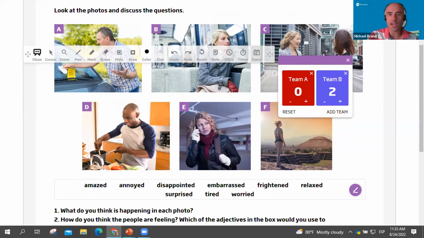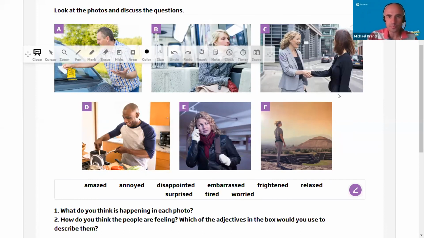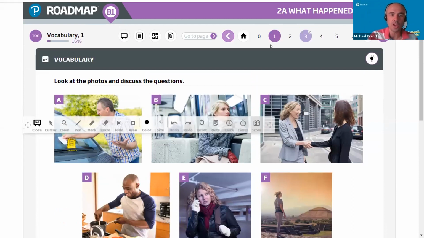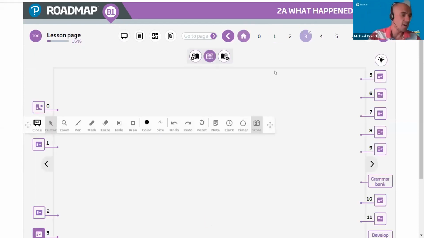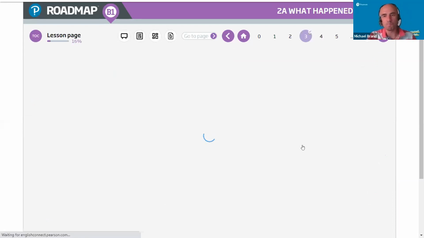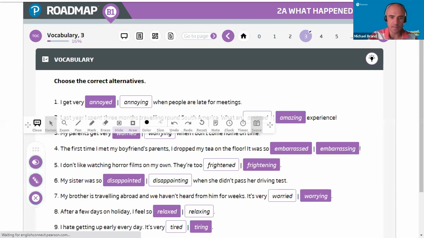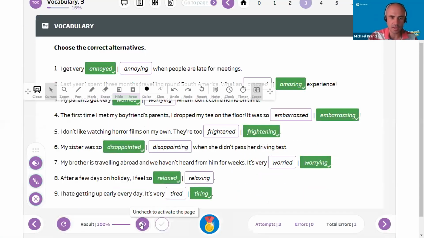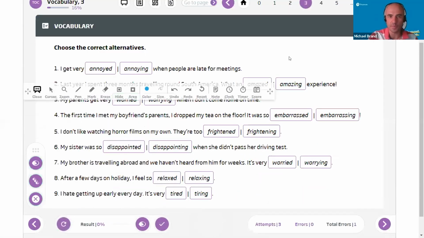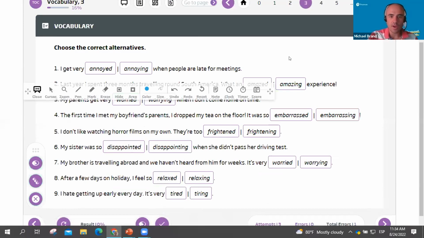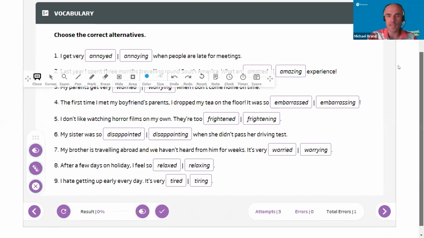Okay, guys. Right. Okay. So scoreboard. Fine. Just wanted to demonstrate that tool. I'm going to go back to the home page. Okay. And this time I'm going to go to an activity which has closed. Let's say I'm going to uncheck. Whoops, I'm going to reset because I did this activity before. Right. So this is an activity with closed answers. There's right or wrong. I'm just going to close my teacher's tool there.